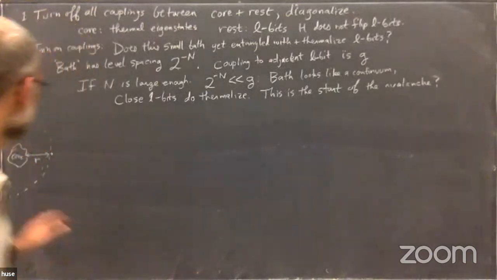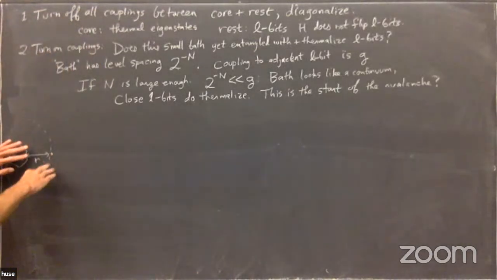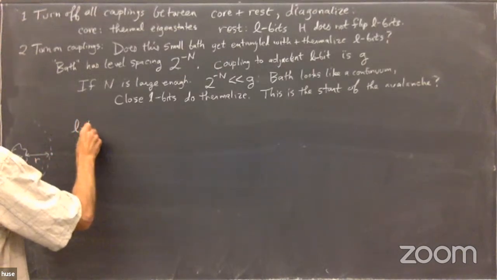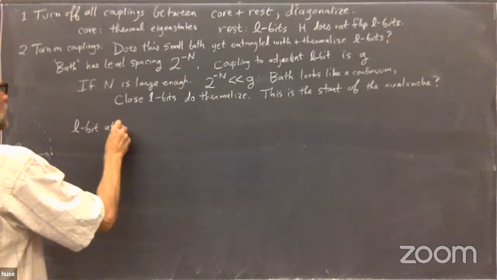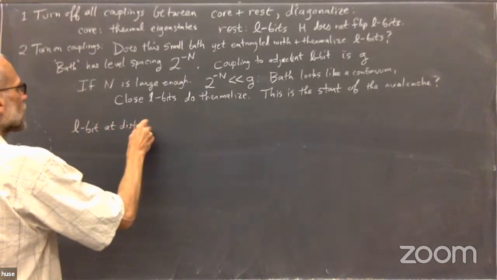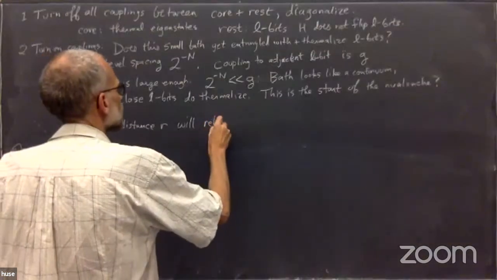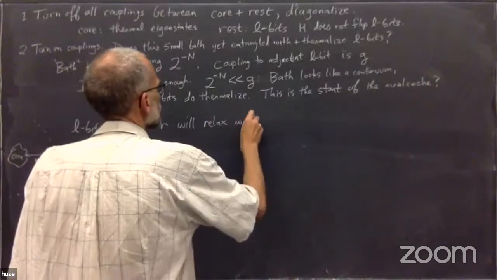Because this was diagonalized, and this L bit interacting with this L bit, there's no spin flip term, right? There's only a spin flip term when we turn back on these couplings to the core, right? And so this guy is only coupled to the core exponentially weakly in r, okay? So an L bit at distance r will relax with rate,